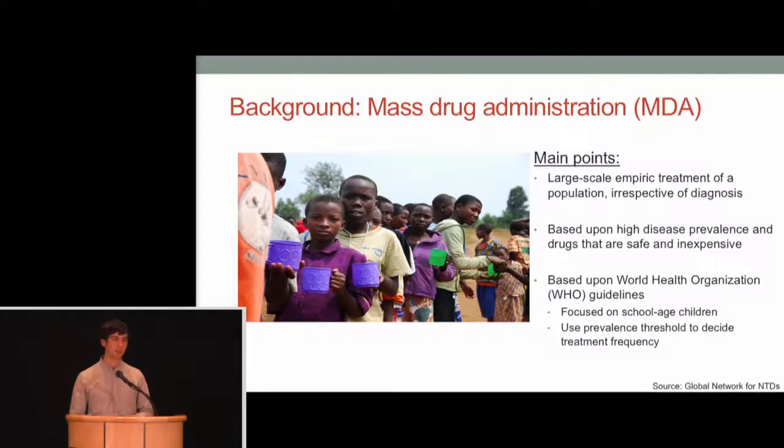Now, the way mass drug administration is done globally is entirely based on guidelines set by the World Health Organization. These WHO guidelines really set the paradigm for mass drug administration, and they tell us two major things. The first is that they recommend focusing primarily on school-aged children. The second is that the prevalence, whether above 10% or above 50%, dictates the frequency